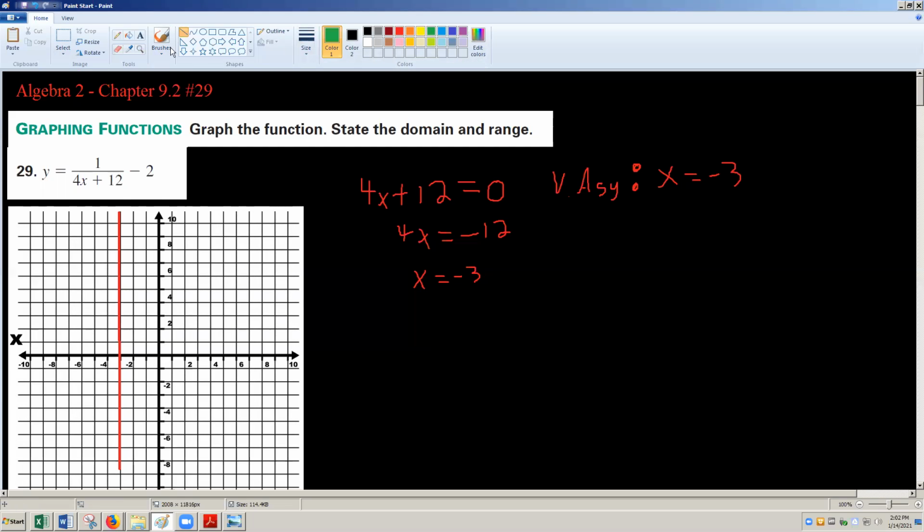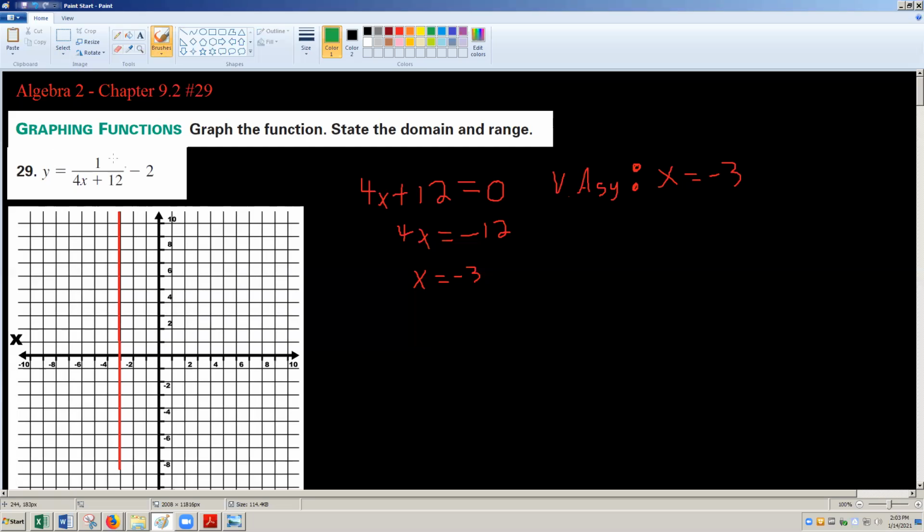The next thing I want to look at is my horizontal asymptote. If you have done some of the 9.3 stuff, you could say, oh, Mr. G, why don't you take that negative 2, which does not have a denominator seen here, so we know its denominator is 1, and combine it with that 4x plus 12 denominator, so you have it all over the same term, and then you can do the ratio of the leading coefficients? I would say you are right, but this is a sort of simplified version,